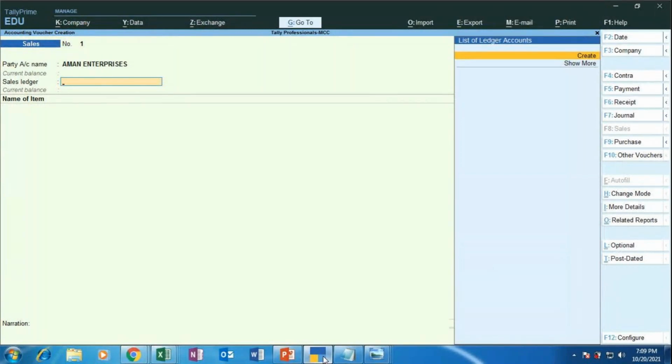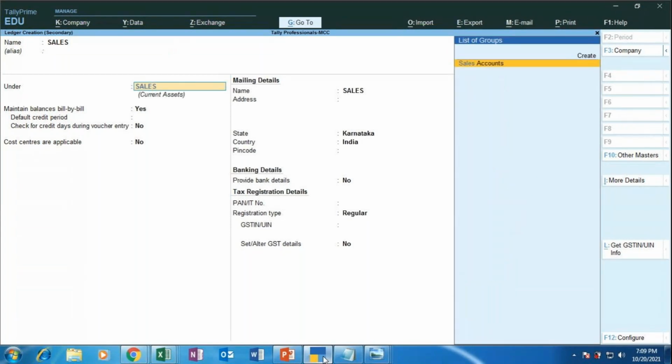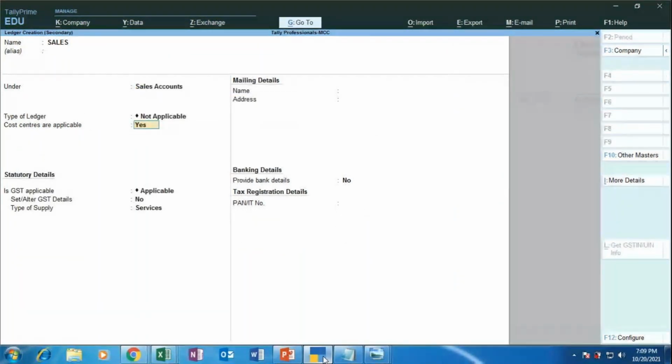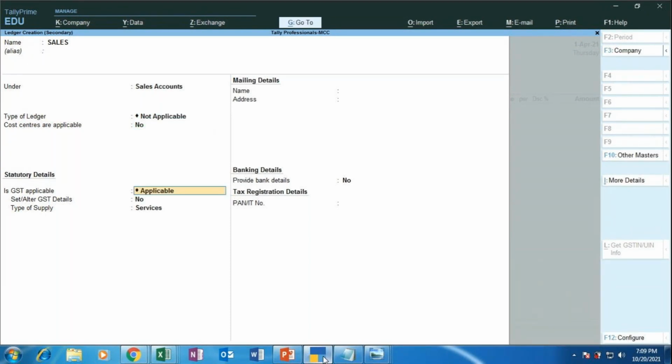So here, for sales, we have to create the sales ledger. So what we have to do is, in the list of ledgers, we have the create option. Sales account, comes under sales, type of ledger not applicable. Cost centers applicable as no. We don't need the cost centers here. Is GST applicable? Applicable. Set per order GST, let it be no, as I told you when we were creating the purchase ledgers,